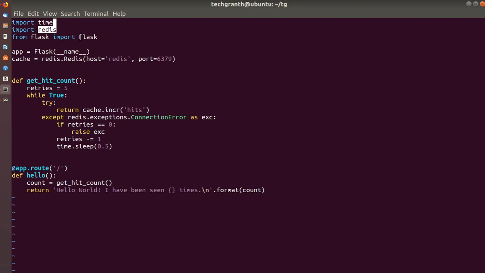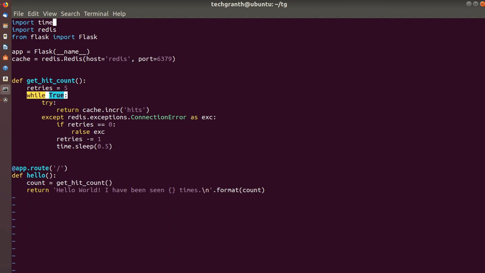We are importing only the single functionality, which is Flask. And here we are giving our app this name, and for cache we are using this Redis host on port 6379. Then we have created a function here which will get the hit count, with retries 5, where we have used this condition.